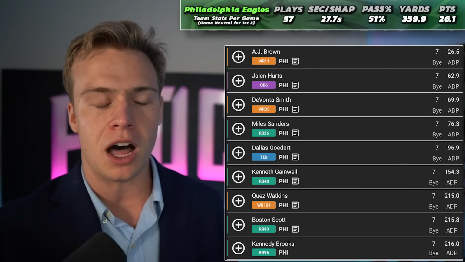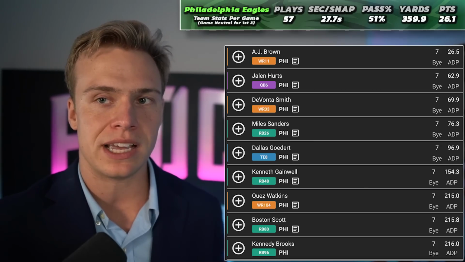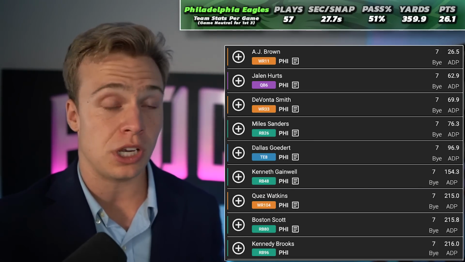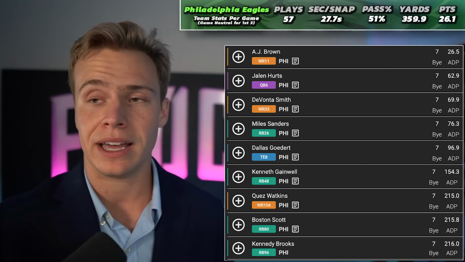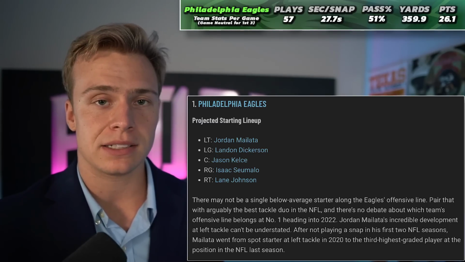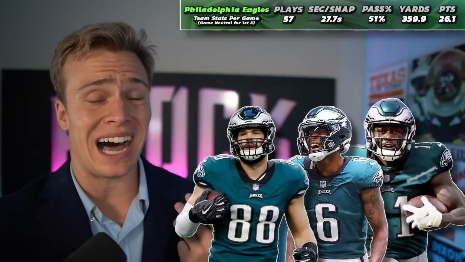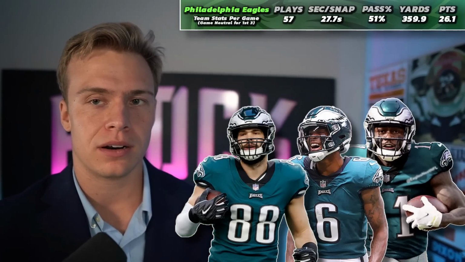Now, I'm not jumping up and down with excitement to draft either one of those wide receivers, but what I will say is, it's getting to the point where Jalen Hurts is one of my most drafted quarterbacks in fantasy, because you look at this team as an offense that has the best offensive line in football that has quite possibly a top 10 receiver now in A.J. Brown. DeVonta Smith going into year 2. Dallas Goedert's been a hyper efficient player so far to start his NFL career. I think there's hidden upside in Philadelphia.